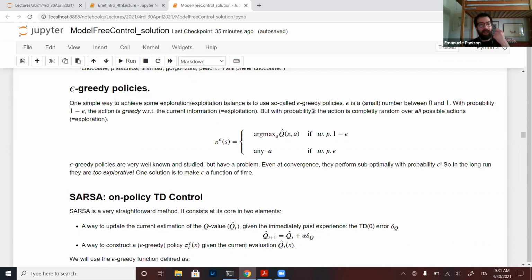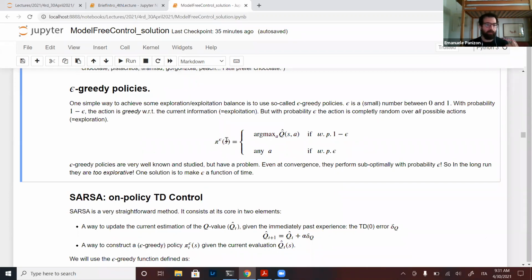But with probability epsilon, you're doing pure exploration, so you do a random action among all possible actions. The policy in a state is, with probability 1 minus epsilon, the action which maximizes the Q value for the state-action pair, and with probability epsilon, it's any action at all.